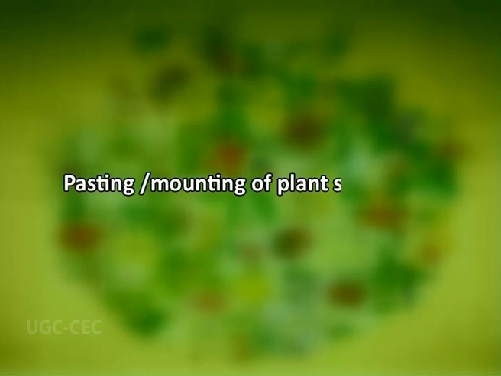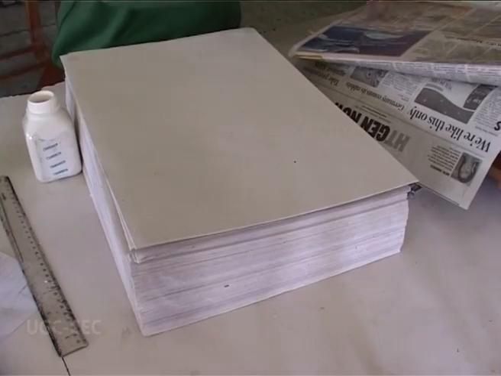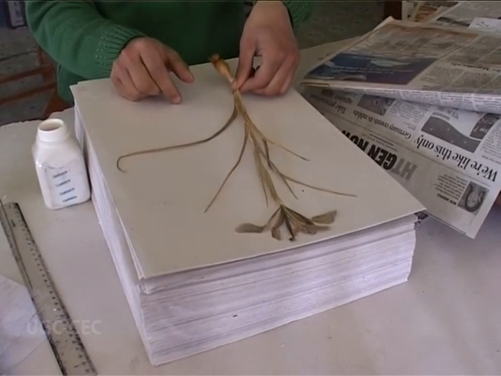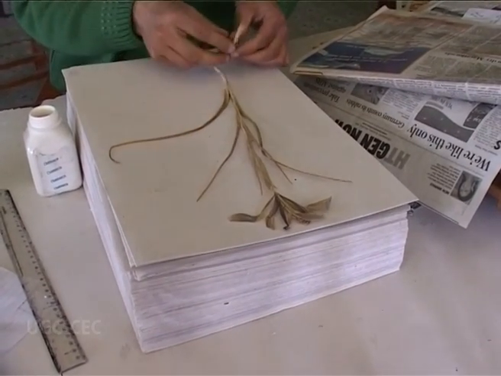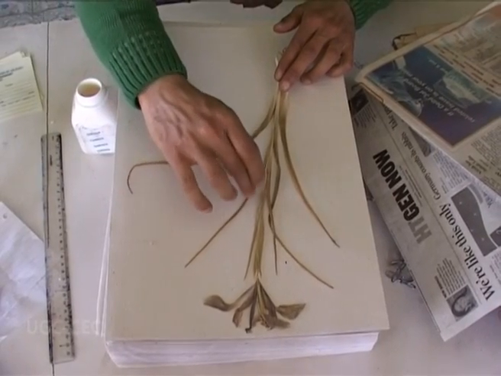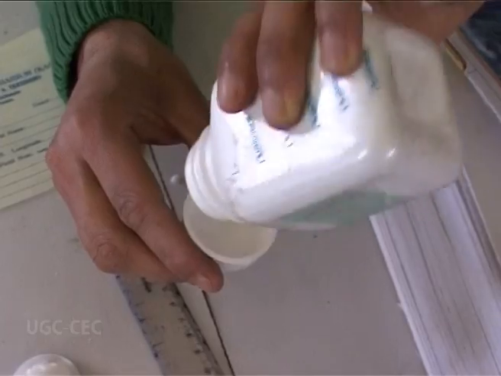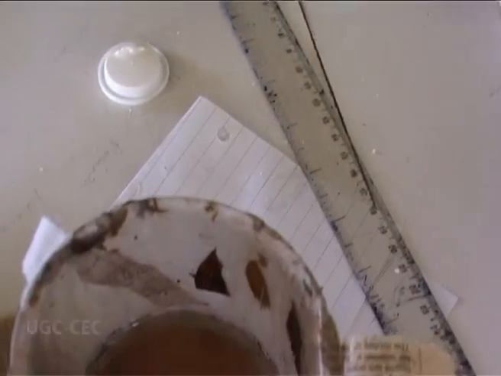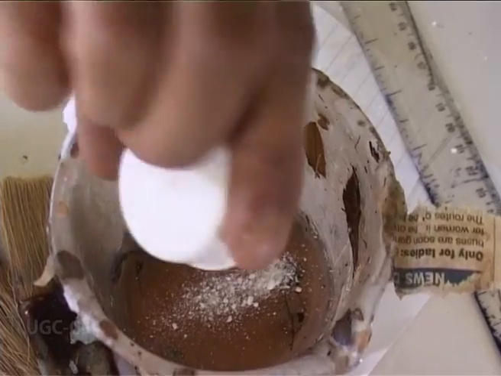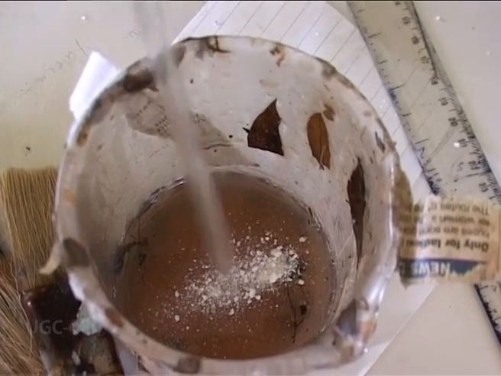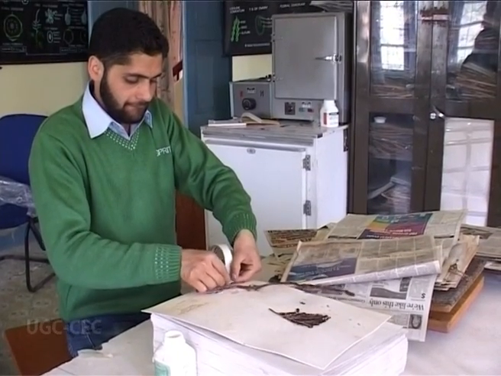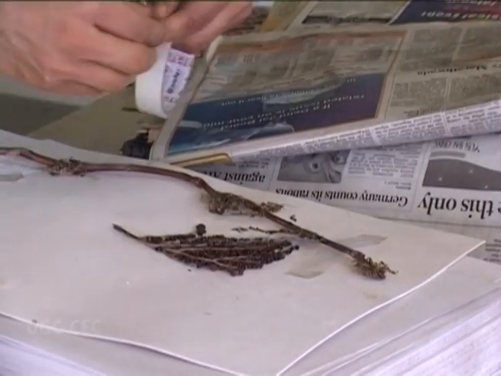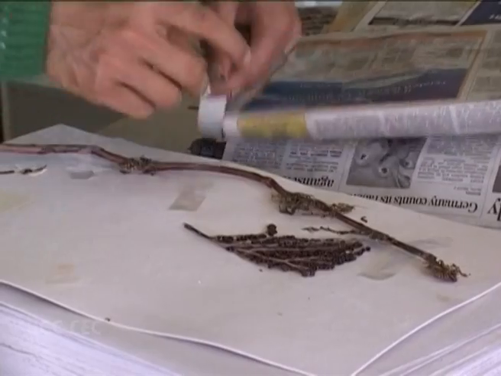Following drying, the next step is the pasting, or what we call mounting, of plant specimens. The pressed and dried plant specimens are pasted on herbarium sheets of standard size. The standard size is 41.5 into 29 centimeters. A paste of glue that is mixed with mercuric chloride is used to kill any pest that is associated with the specimens. Adhesive or cellophane tapes are always used to fix the specimens strongly onto the herbarium sheet.